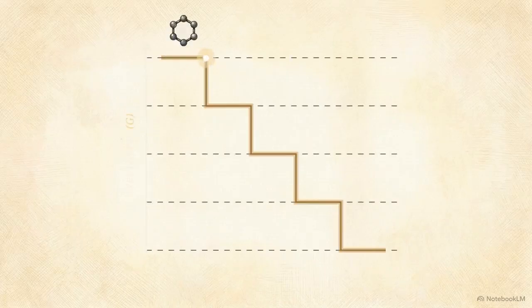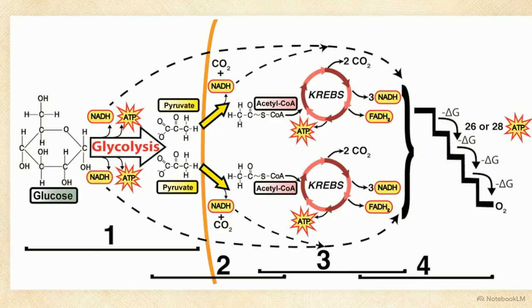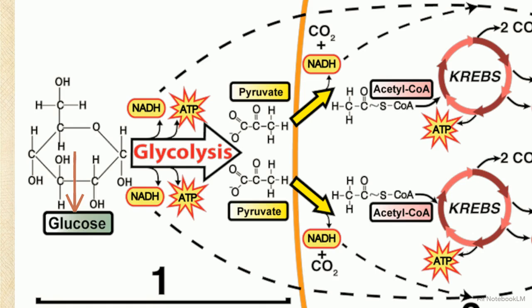To avoid this, cellular respiration performs a controlled oxidation, harvesting that energy in small, manageable increments. This extraction process begins in the fluid of the cell's cytosol, strictly outside the specialized machinery of the mitochondria. As this diagram shows, the initial pathway occurs on the far left, glycolysis, the splitting of sugar. The process starts with one 6-carbon glucose molecule, systematically broken down into two 3-carbon pyruvate molecules, shown in these yellow